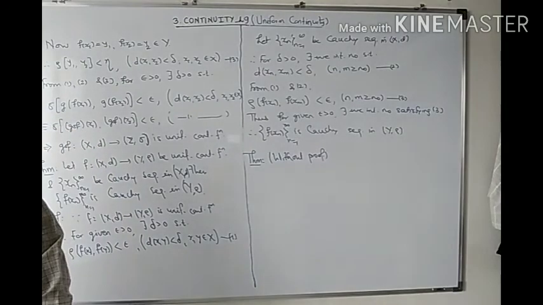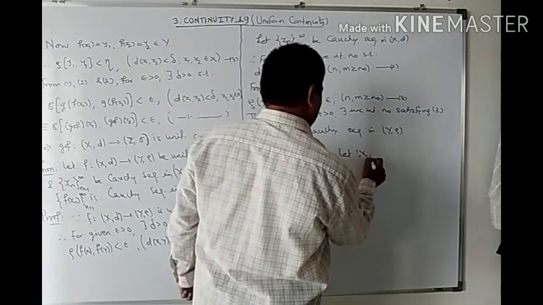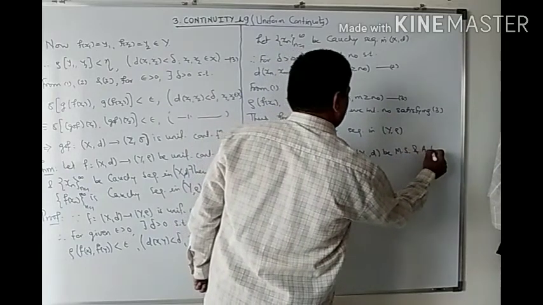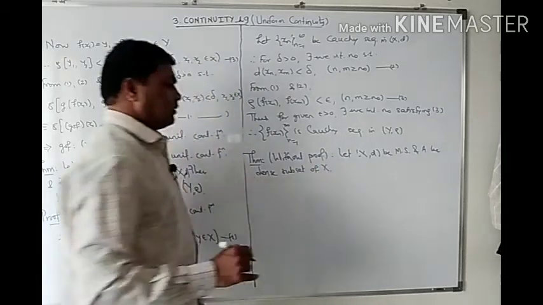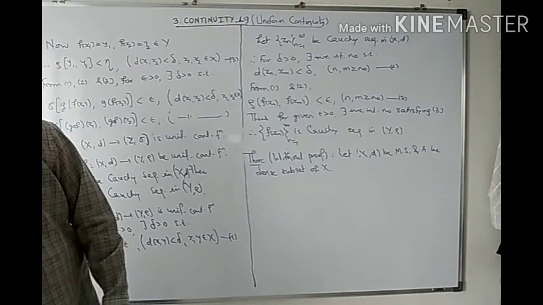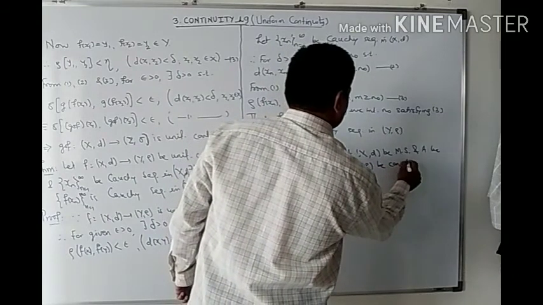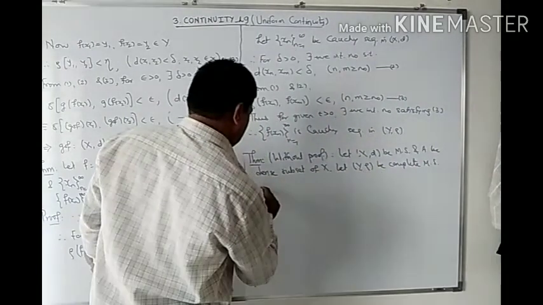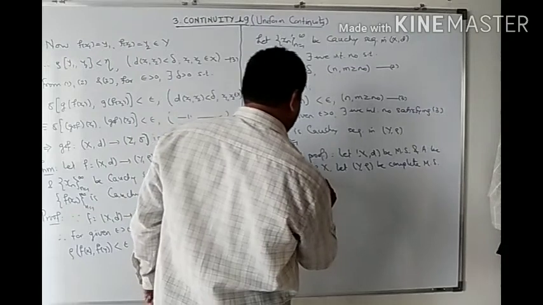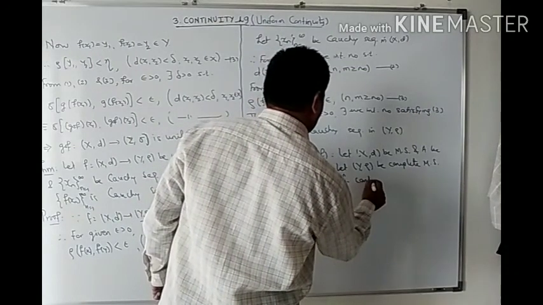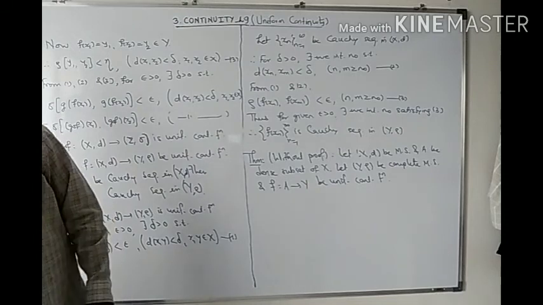Let (X, d) be a metric space and A be a dense subset of X. Let (Y, ρ) be a complete metric space, and let f from A to Y be a uniformly continuous function, then f can be extended